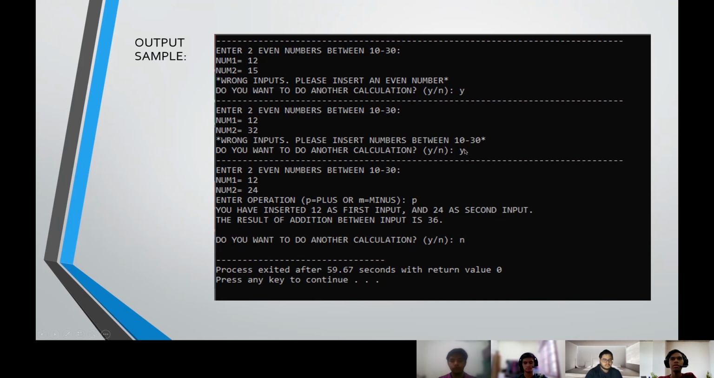And I said I want to continue, so I insert Y. And then this part I've made the correct one. So I've entered 12 and 34, which meets both requirements. And then